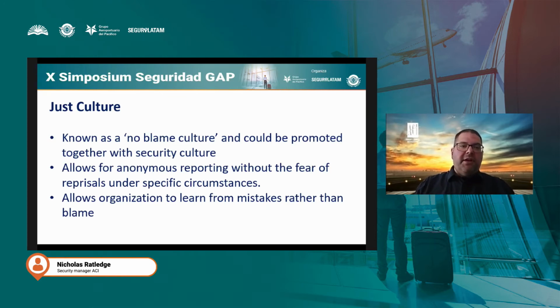Also, security culture can be promoted together with a just or no blame culture. An established concept in the safety world, a just culture refers to a system through which deficiencies or incidents can be reported anonymously. This allows a person reporting to be exempted from any punishment under very specific circumstances. In other words, it's making sure that the reporting is valid and it's not focusing too much on the